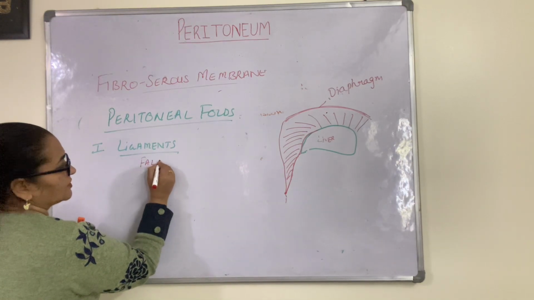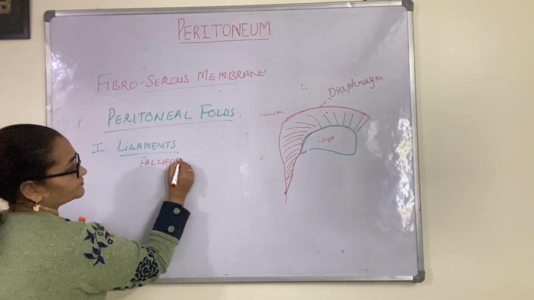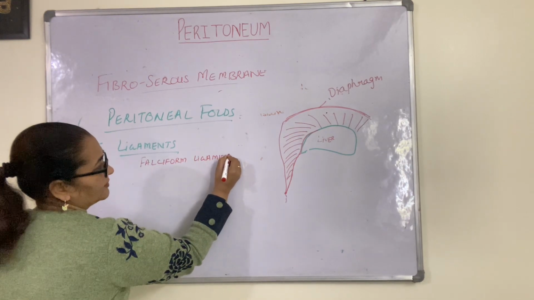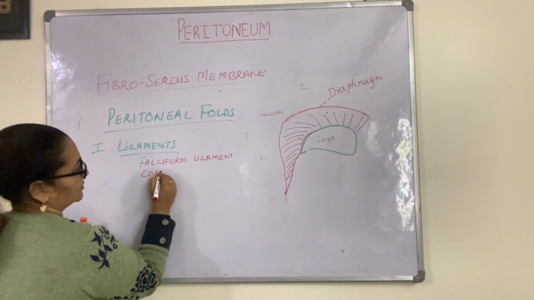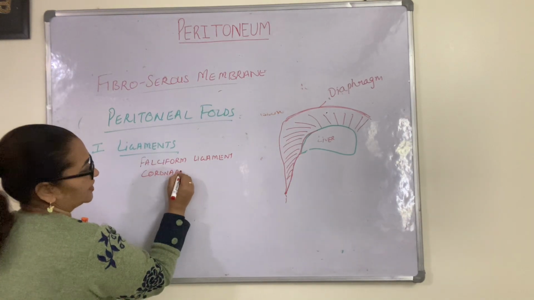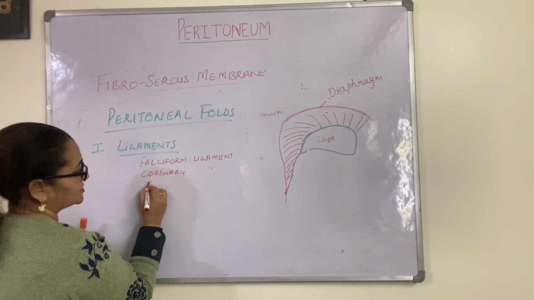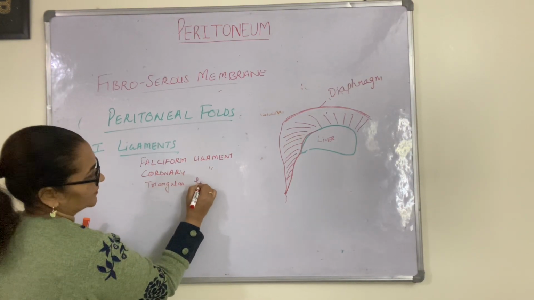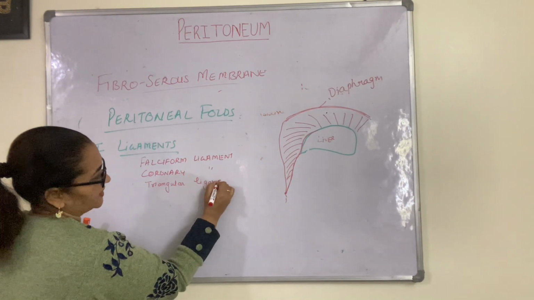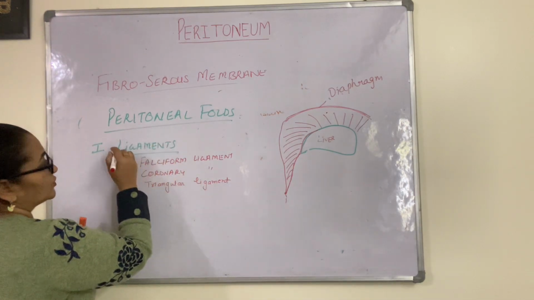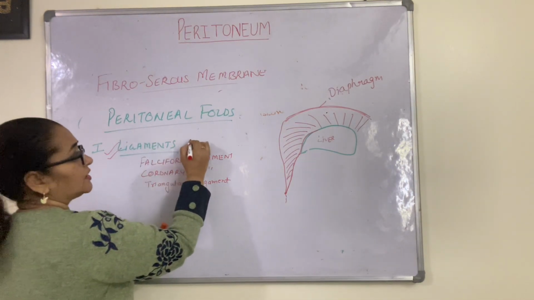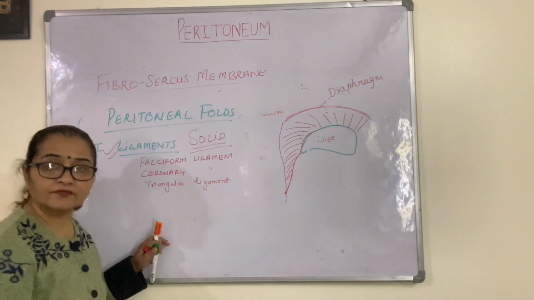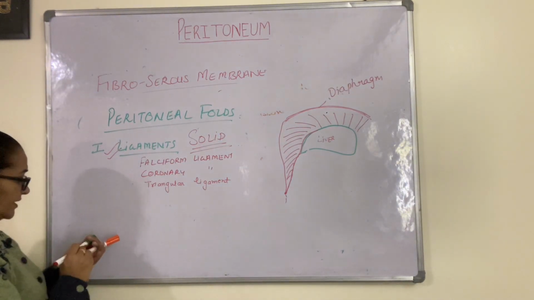That is the falciform ligament, coronary ligament, then triangular ligament. These ligaments, as part of the peritoneal fold, hold the solid viscera in position. Clear? The second category is